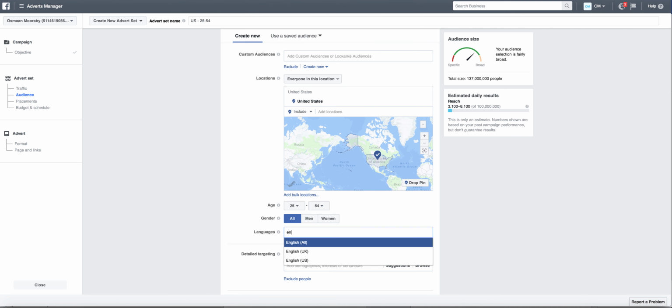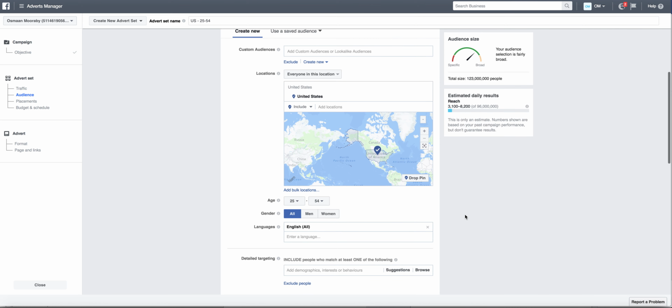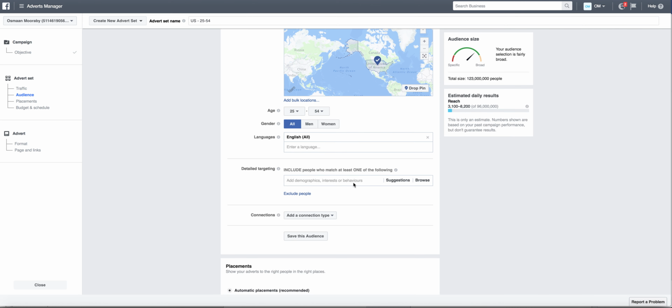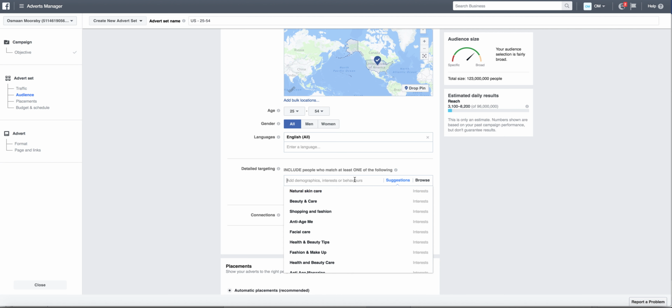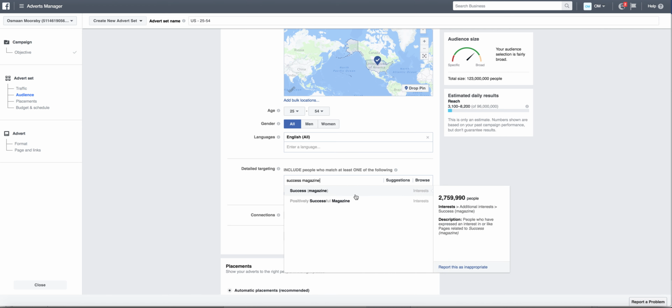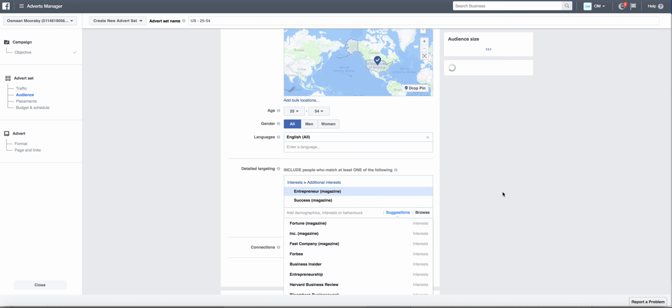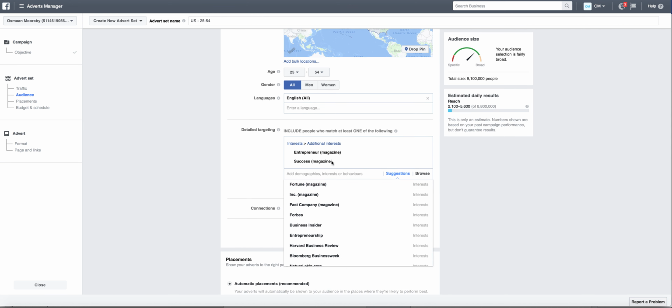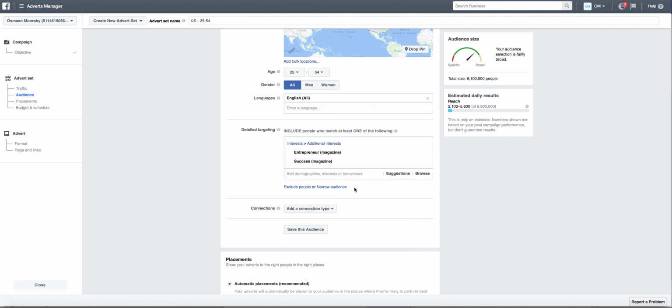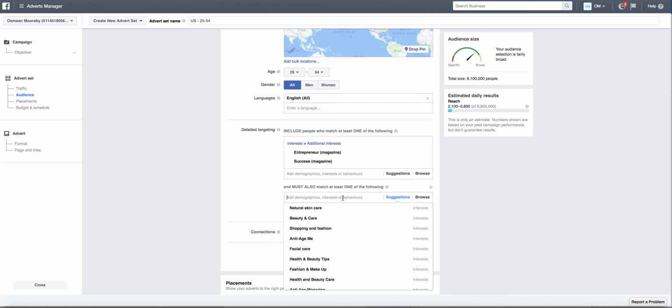Languages, English. Right, now it's come to targeting. Here, usually entrepreneur, targeting people who are entrepreneurs. Basically Success Magazine, right? You want to target Success Magazine, Entrepreneur Magazine. Now when you start typing entrepreneur, Facebook gives you suggestions of what you can target. So now I can say people interested in Entrepreneur, Success Magazine, and I can also say narrow the audience and